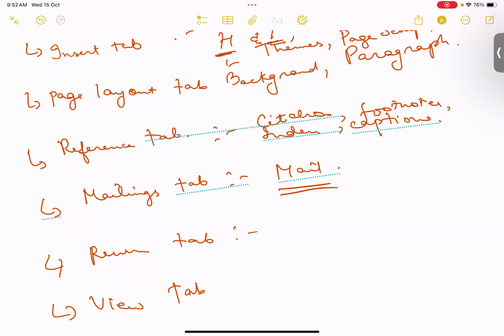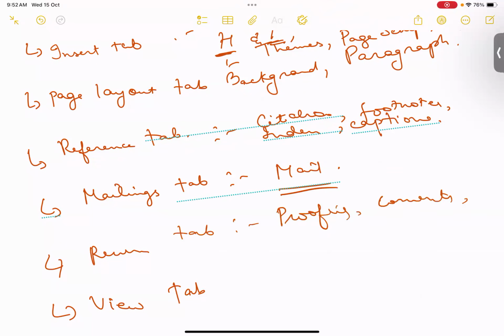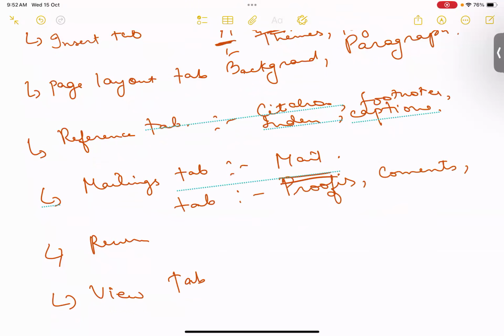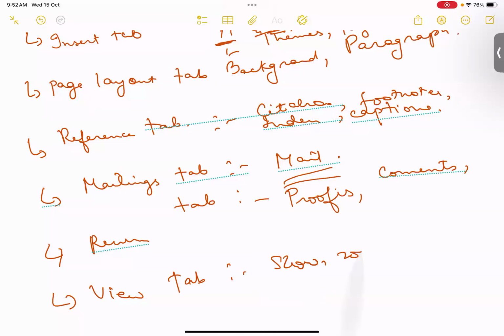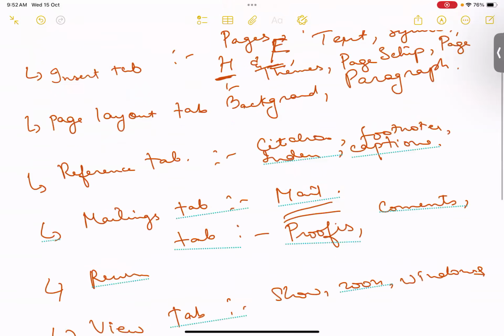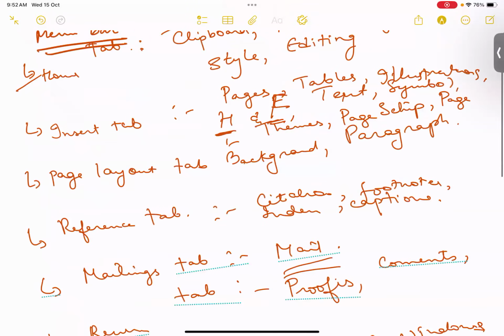Then the review tab has proofing and comments. Those are the options that are available. And in view, you will have show, zoom, and windows. These are the options in that ribbon that you can see if you click on the view tab. So here you just remember the most important are the home tab, insert tab, and